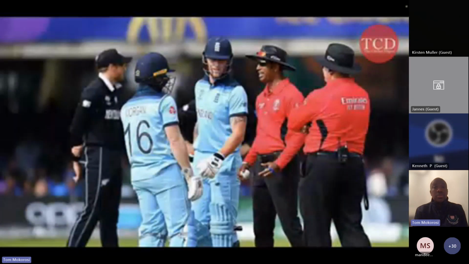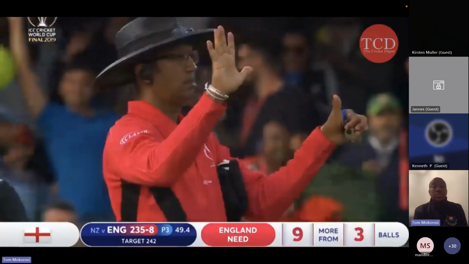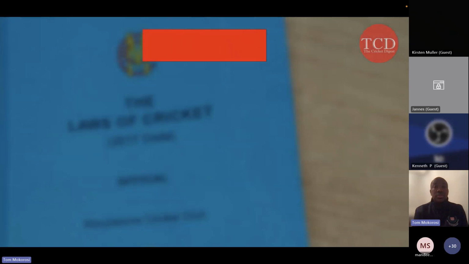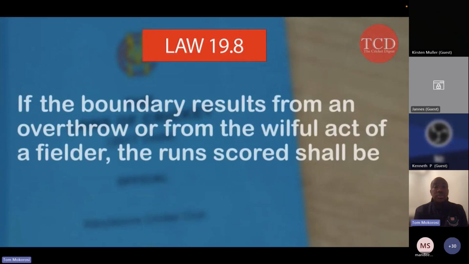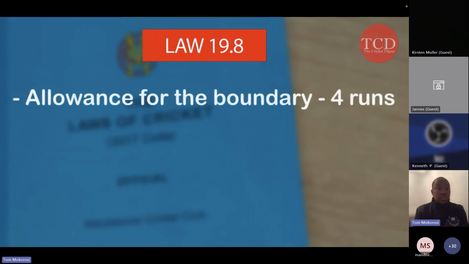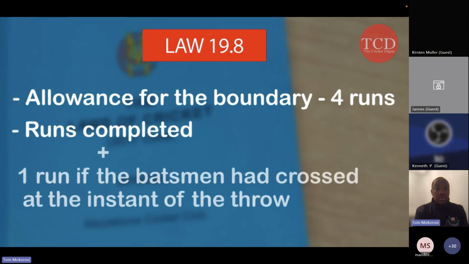But there was a mistake committed by the umpires in this incident. They awarded 6 runs, whereas only 5 runs should have been awarded. According to Cricket Law 19.8, if the boundary results from an overthrow or from the willful act of a fielder, then the runs scored shall be the allowance for the boundary, which is 4 runs in this case, and the runs completed by the batsman plus the run in progress if the batsman had already crossed at the instant of the